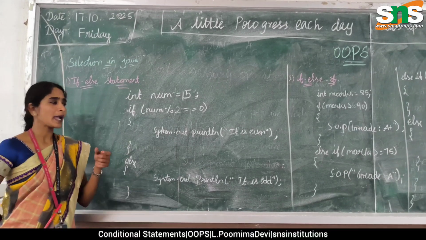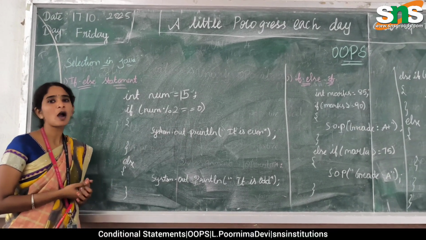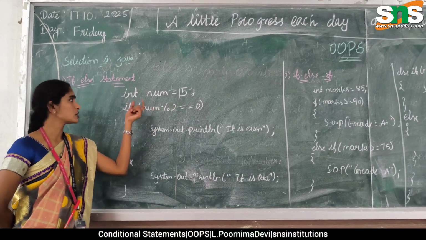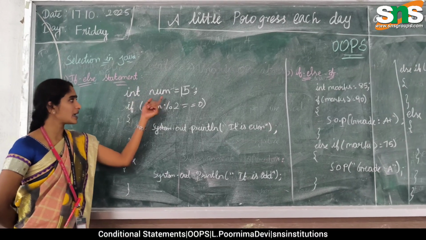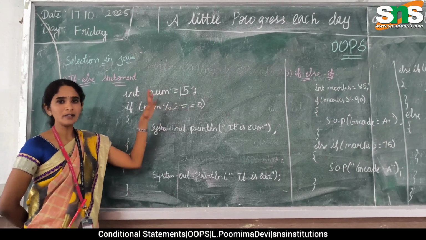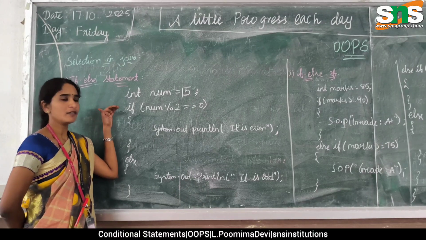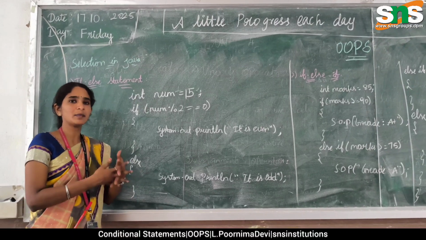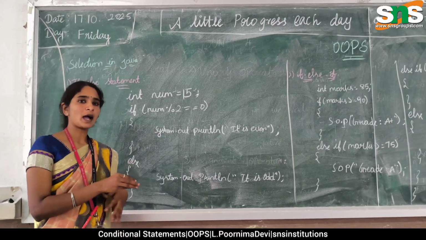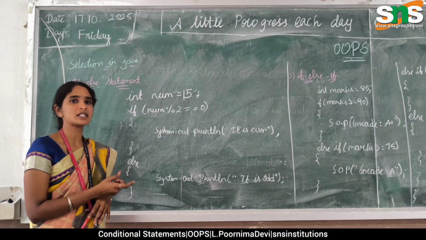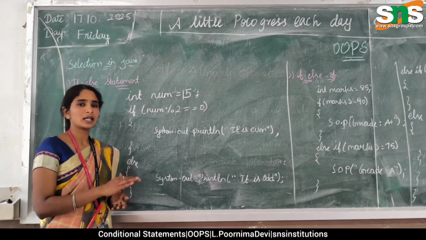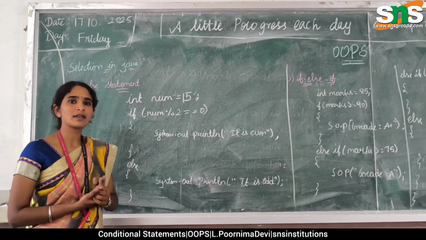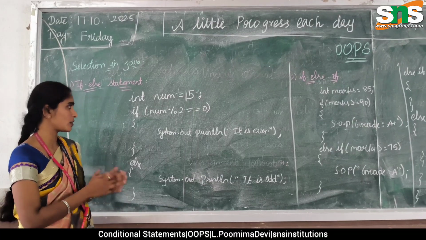In this program, I identify whether the number is odd or even. First I initialize the value, using the data type int; the variable name is num and the value is 50. This is the initialization of a variable, and then I give the condition. To check whether a number is odd or even, we check whether the given number is divisible by 2. If the remainder is 0, the number is even. Otherwise, it is odd. So this is the condition.